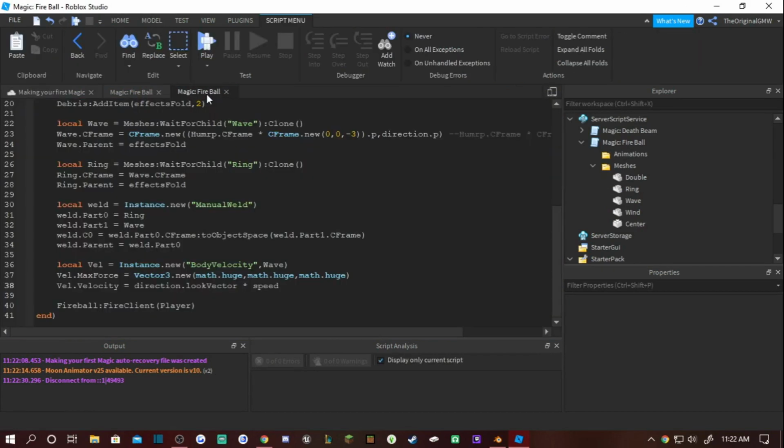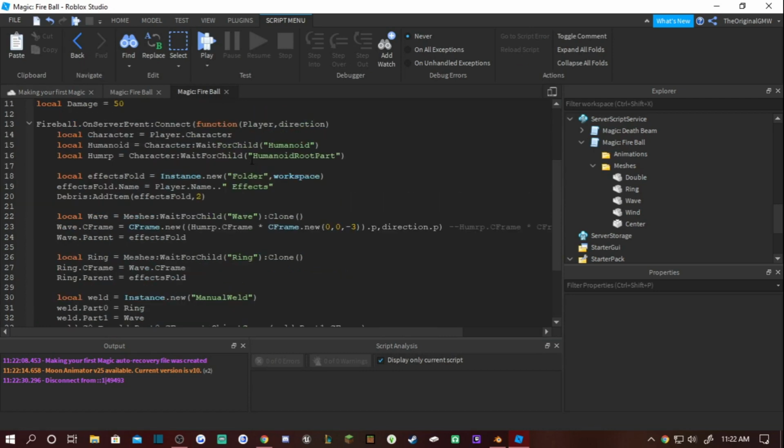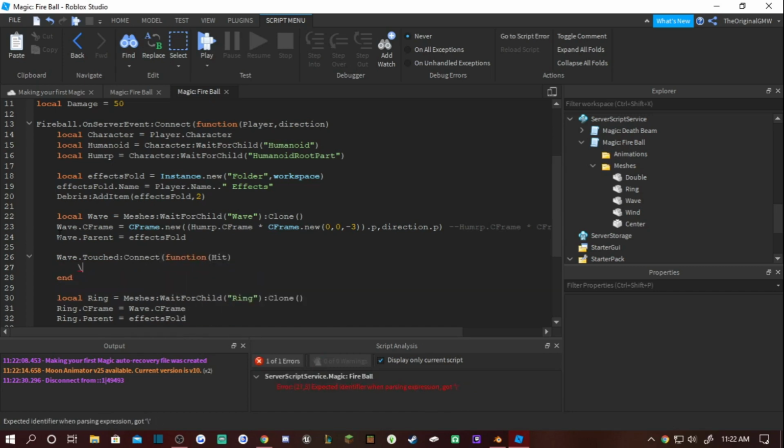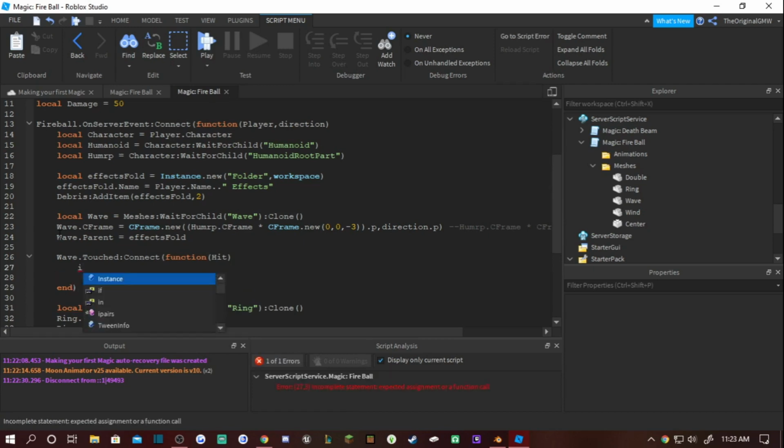So what we want to do is scroll up here, drop a few lines, and do wave.Touched:Connect(function, and the parameter we're going to put in here is hit, aka the object that it touches. Now we want to check if hit, so we want to ignore our player. We want to make sure it's parts first, and we want to ignore the player. So if hit is a